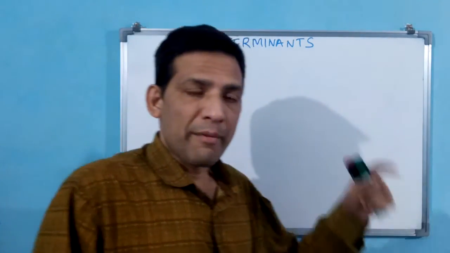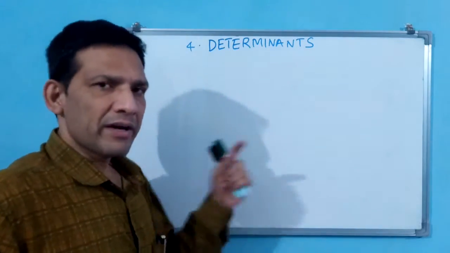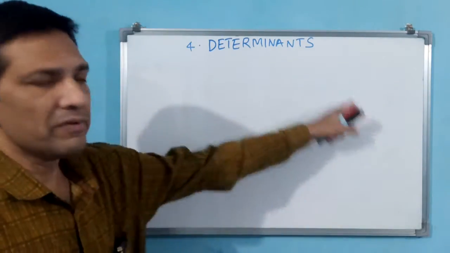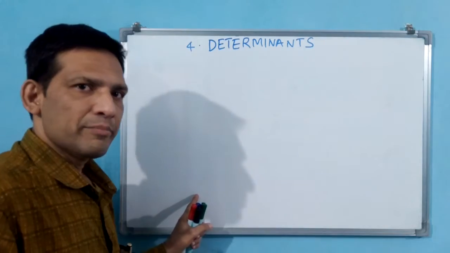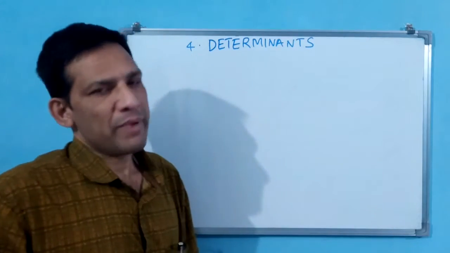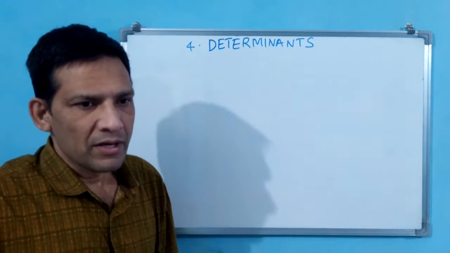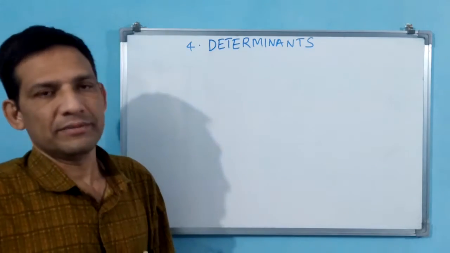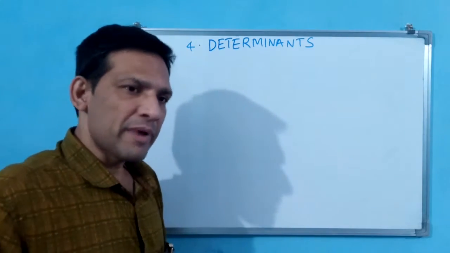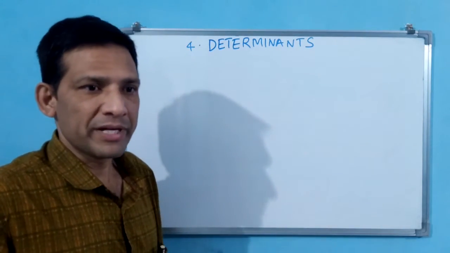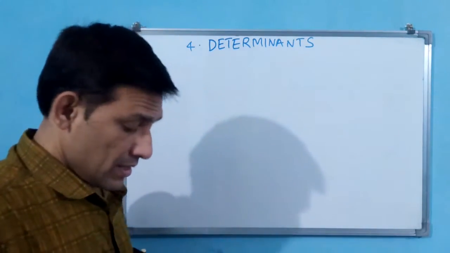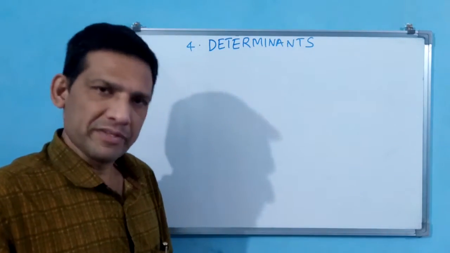See, for comparison, or for seeing similarity or difference, first let us understand a recap of this matrix. Then we will write here determinant. Let us write here matrix and determinant. Unlike matrix or matrices, determinant is not only a representation. Determinant is an operation, you have to keep that in mind. Matrix is not an operation. Again, in matrix, algebra is there, matrix operations. But a single determinant itself is an operation. And with a matrix only, a determinant is going to come.